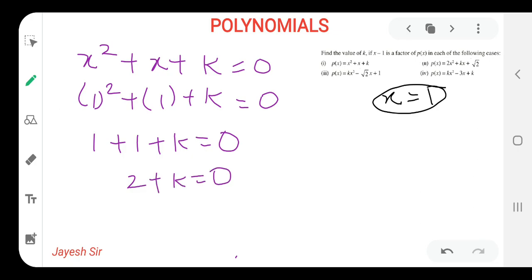Why have I put it 0 over here? Because we need to find the value of k. Yes friends, if nothing is there at that side of the equals to, that means 0 is there. So k, as per transposition, 2 will be going that side, and we will find the value of k as -2. I hope you all might be getting it, and that's very easy, friends.